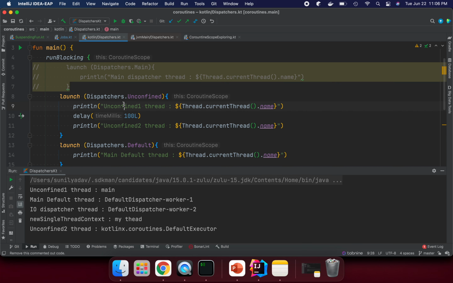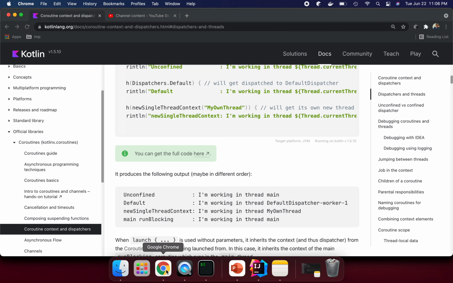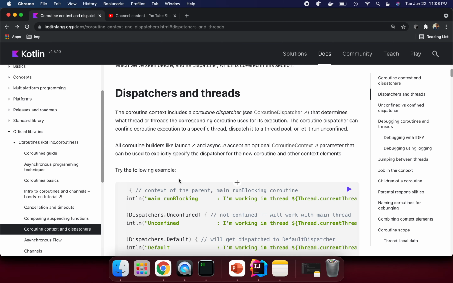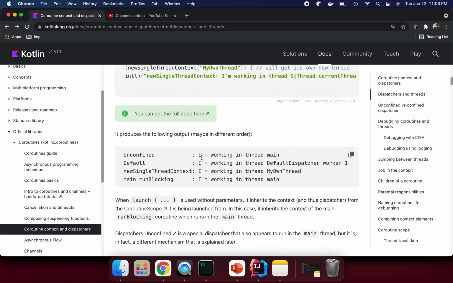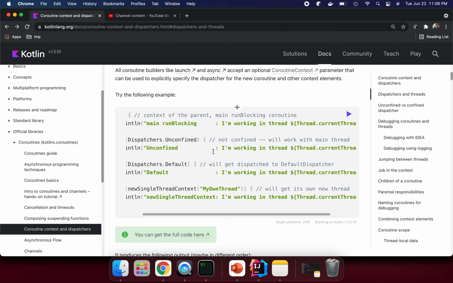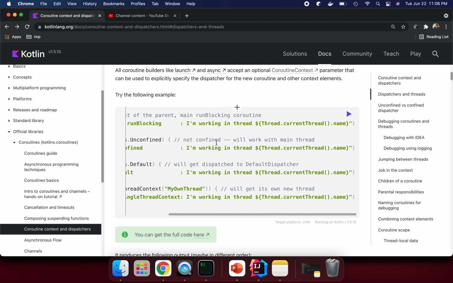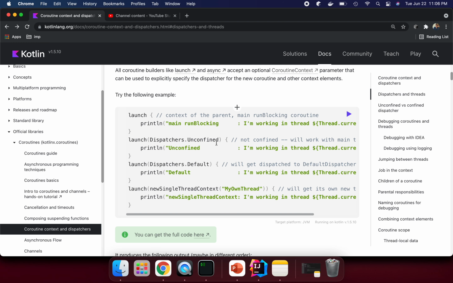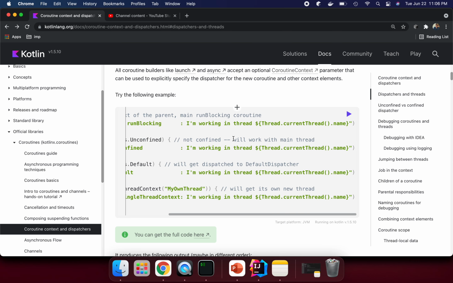We can see the Unconfined thread one. The first one, Unconfined one, is running on the main thread, and Unconfined two is running on the default executor. What does default executor mean? Unconfined works with the main thread, and it switches the thread.